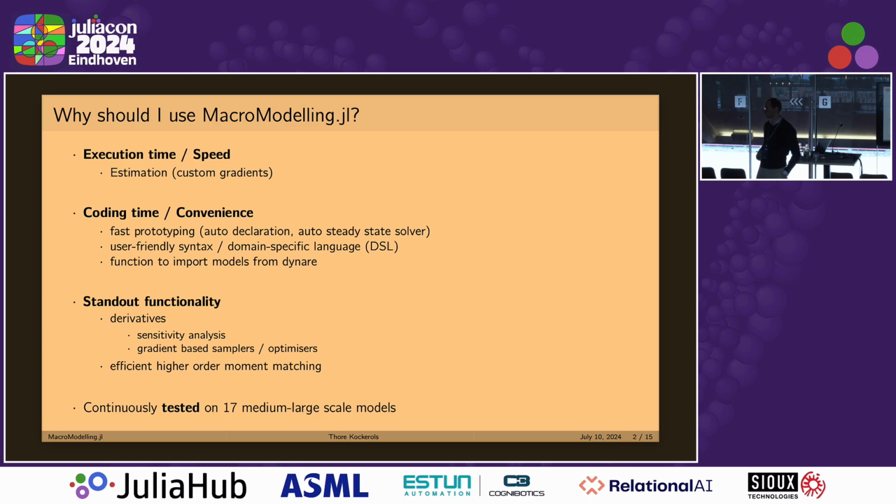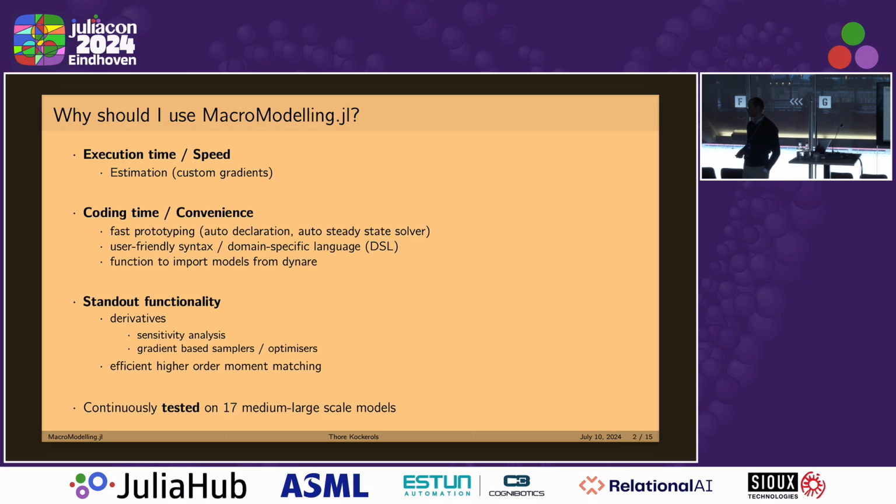So one is derivatives. It's not something which I invented and claim that I invented, but here it's just the ease of having the derivatives available, especially for sensitivity analysis, for any statistics you're computing. They're just easily available out there, which helps in your workflow and understanding how the model works, how the parameters influence certain things. The other things I talked about earlier, so the gradient-based samplers, you can use that, the optimizers